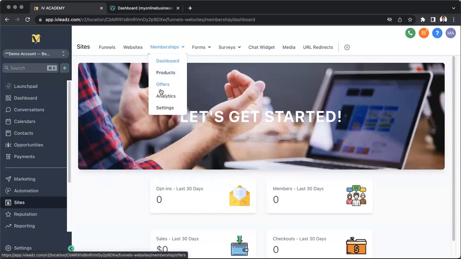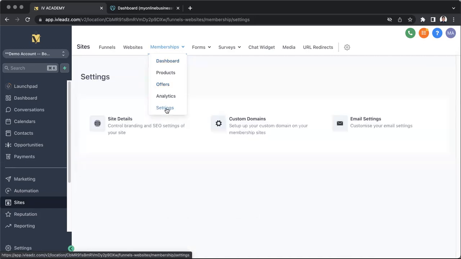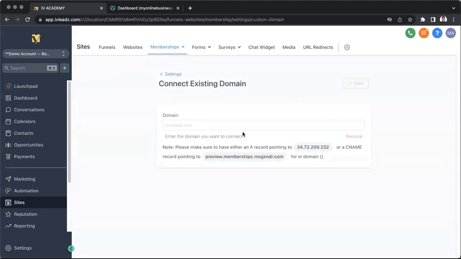But if you want to personalize your own link for the login page and also for your clients to access your digital course, you can actually set it up so you can have that custom link using your own domain. So just go to settings and then under custom domains right here, what you have to do is